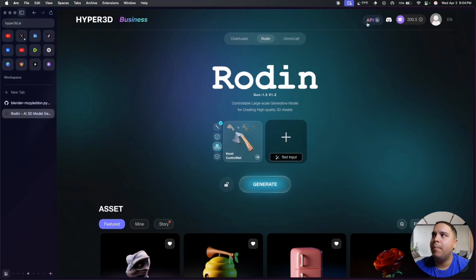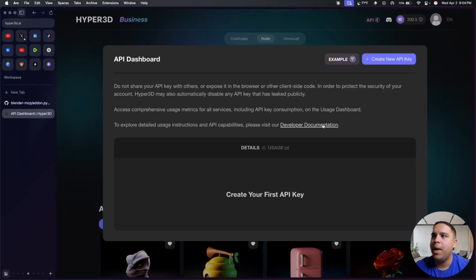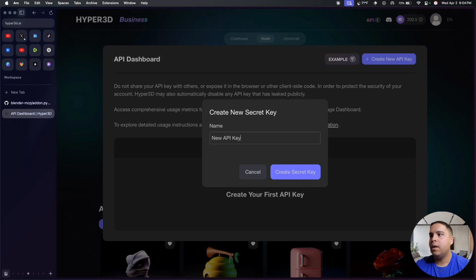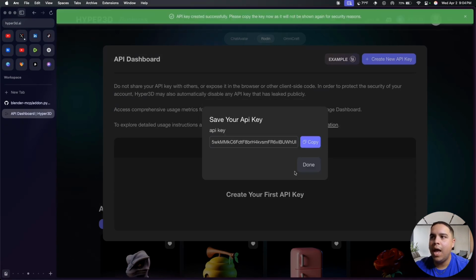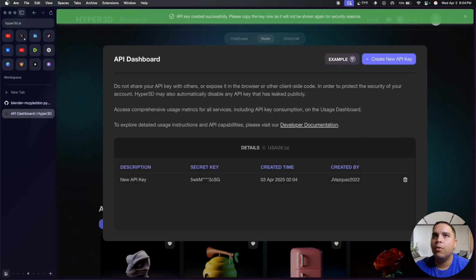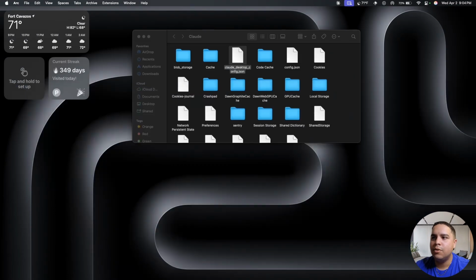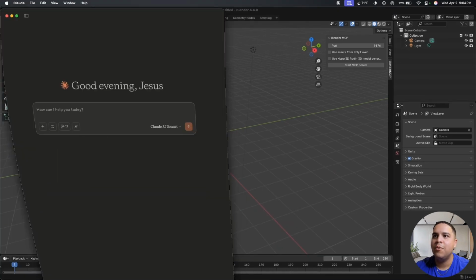So whether you get their business plan or not, you're going to click on API. You create a new API key, and we're going to create it. Now this is my API key. I'm going to copy it. We're going to click done. We're going to lower this. Don't worry, that API key will be deleted by the time you watch this video, so please don't even try